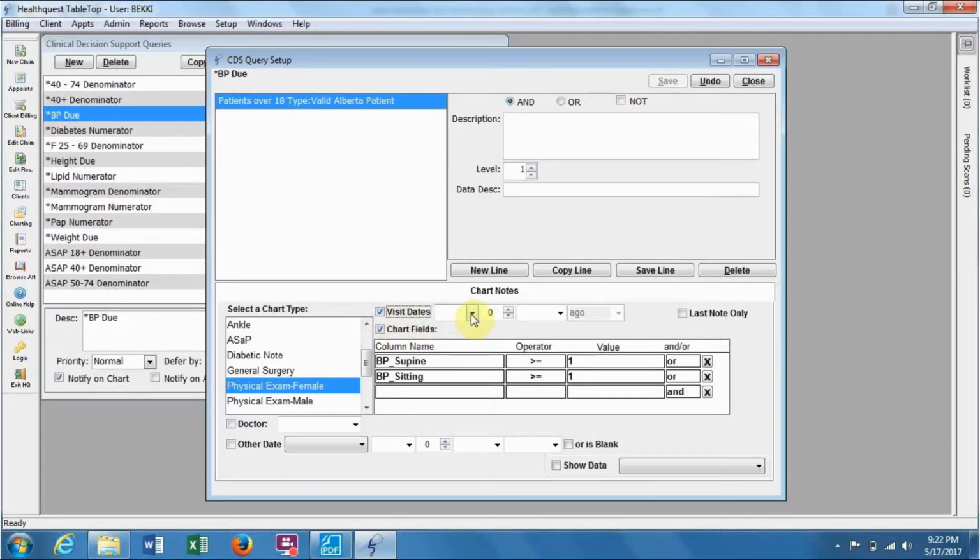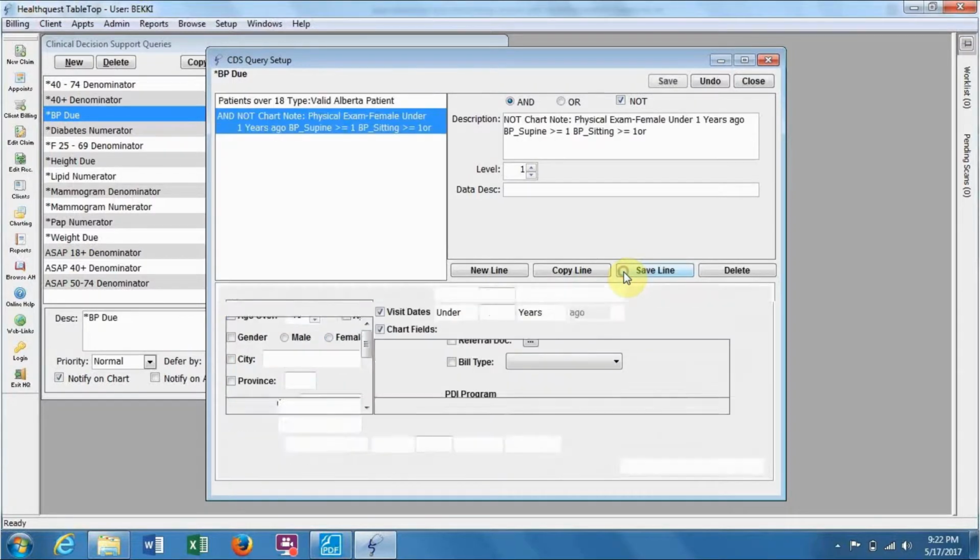Finally, we want to have this looking back under 1 year ago, because that is the criteria that's set out in the maneuvers. So finally, we're going to make sure that we check the Not button, since we are looking for people who do not have a blood pressure here. So we'll save that line,